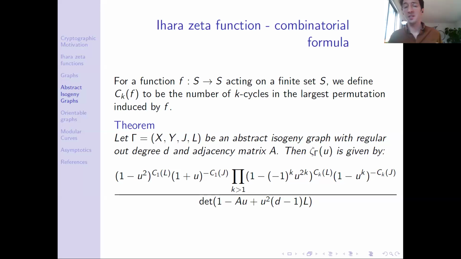So this looks nasty. It turns out that it does simplify significantly in a lot of cases. So for example, if you assume that your graph is not just like an abstract isogeny graph, but actually satisfies all the properties to be a graph in the sense of Serre, then this ends up being exactly the formula we saw at the beginning of the talk for the original Ihara zeta function. So it really is a generalization. But even in some of the cases of graphs with level structure, we can give kind of a nicer formula